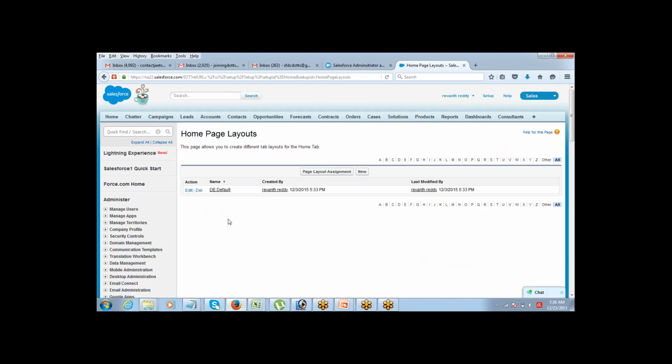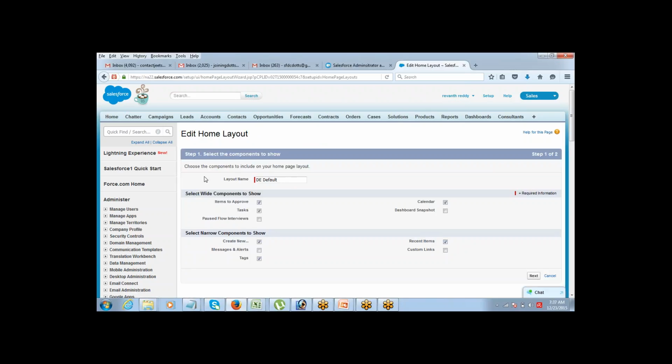Like the way you have a page layout for every object, you have a home page layout also for the home tab. Now this is the layout of the home page. You just need to click on edit,